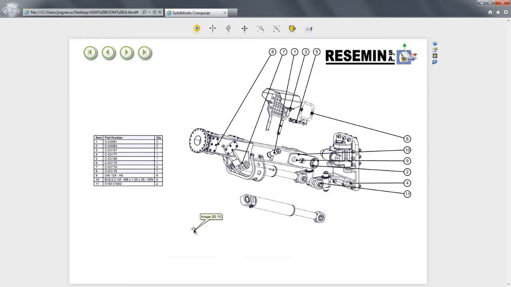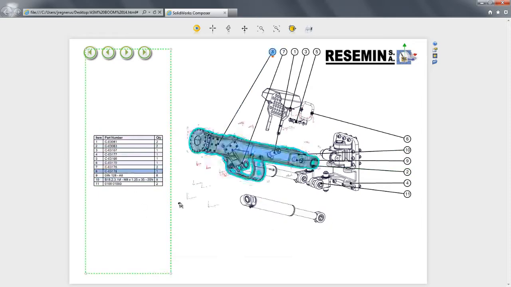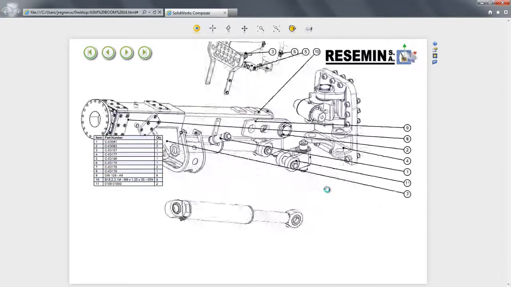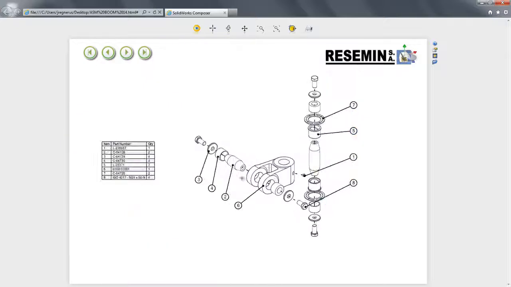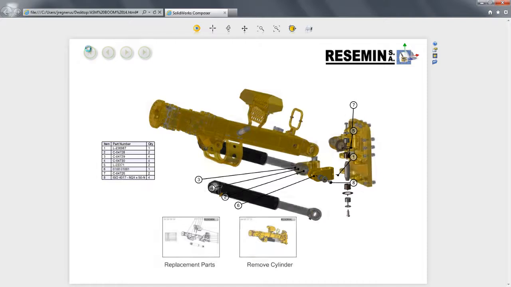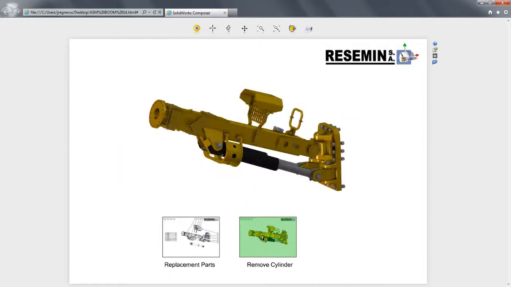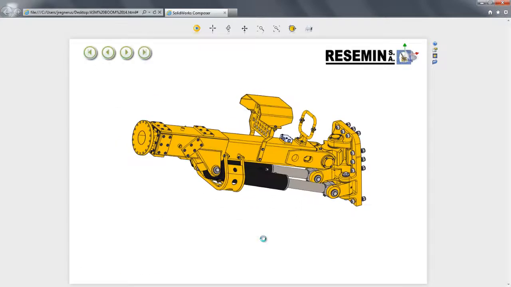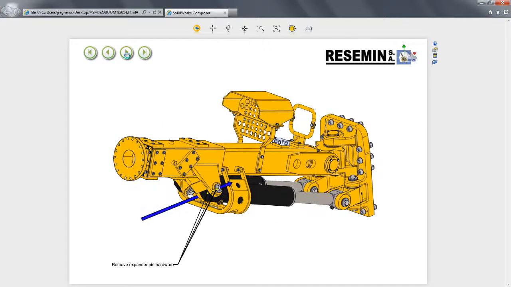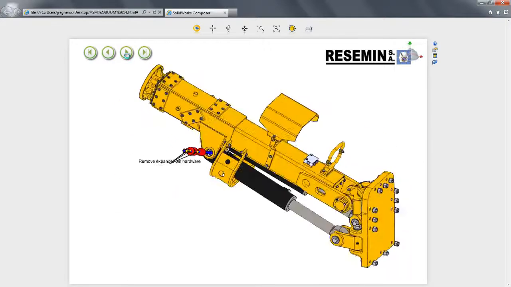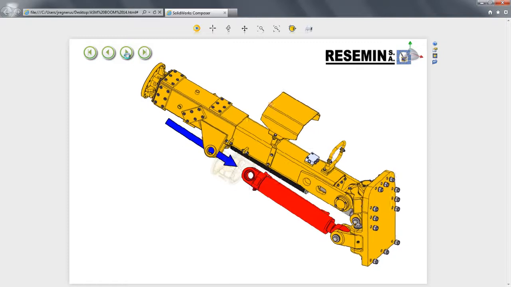The replacement parts guide that we created has the interactivity between the parts list and the components, and the linking from the knuckle kit to the subassembly is there. At any time we can navigate back to the home screen using the navigation we integrated and take a look at the removal of the hydraulic cylinder. Again, using the navigation tools we integrated, we can click through each step one by one to see how the